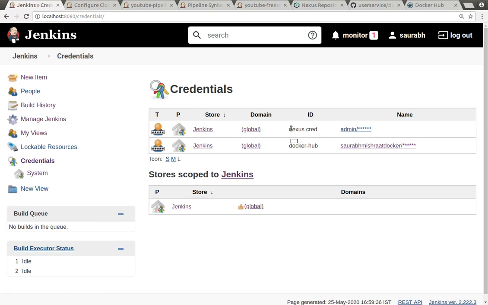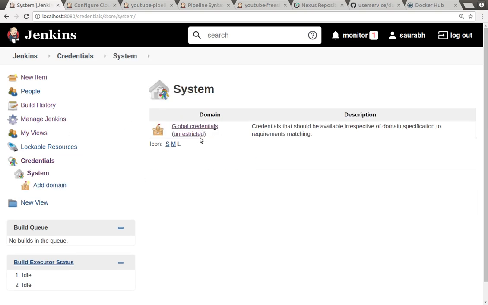One of the credentials I have named Nexus Cred, and another is Docker Hub. So you need to give the Docker Hub repository access, the username and password for that repository, and configure it here. You can even edit this configuration, or you can add a new configuration as part of this.